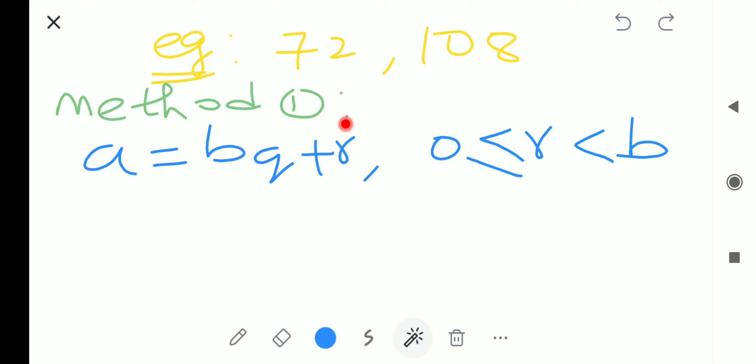Divisor into quotient plus remainder equals dividend. This is called Euclid's lemma, where the remainder value always lies between 0 and B,